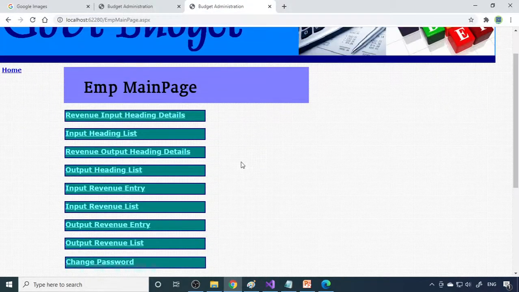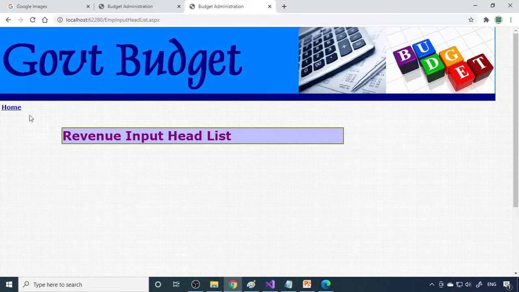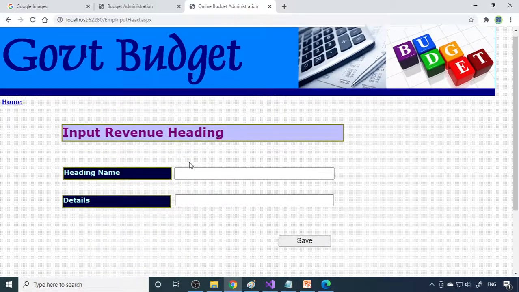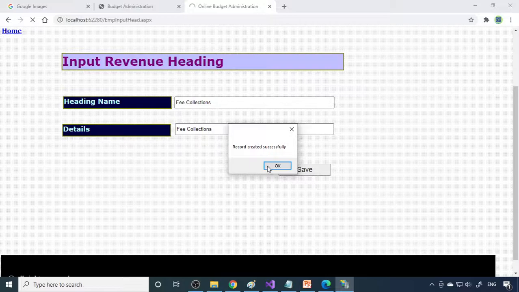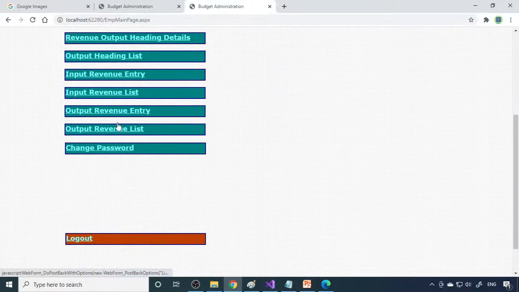Now in this department, you can create the heading here, revenue input heading. You can check the headings. So you can create, and you can write down here fee collections. So save this. This is a registration fee.